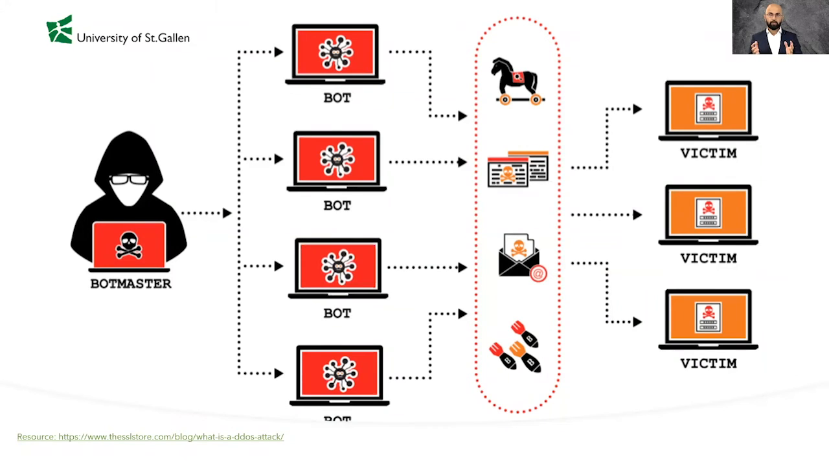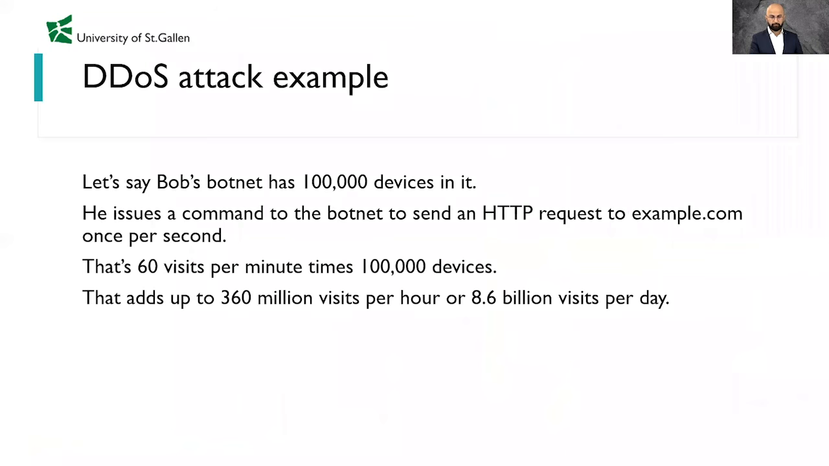So you have a network, and you know the size of the network or the visitors you have daily, and you design all your processes based on your network. The attacker notices, and starts to flood a lot of traffic to your network to paralyze it. This is the pure DDoS attack. I can give you one example. Let's say that Bob has 100,000 infected devices. Each device sends one request per second. That means 60 visits per minute,